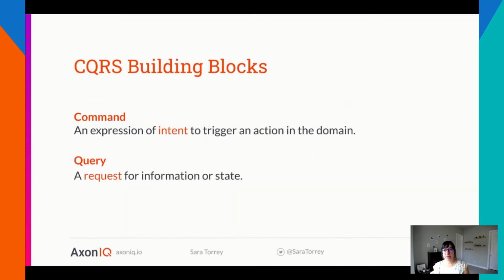Now let's look at a diagram that we're going to go on and talk about a little bit here. But first, let's talk about how these commands and queries are targeted towards various parts of the application. First, we have the command that's targeted towards the command model only. And the command expresses the intent to trigger an action within the domain. And the intent is important because the model might decide against this operation at some point. Now, secondly, we have the query going to the query model, and the query describes the request for information or state. There's some more building blocks, which is events, and we will look at that here shortly as well.